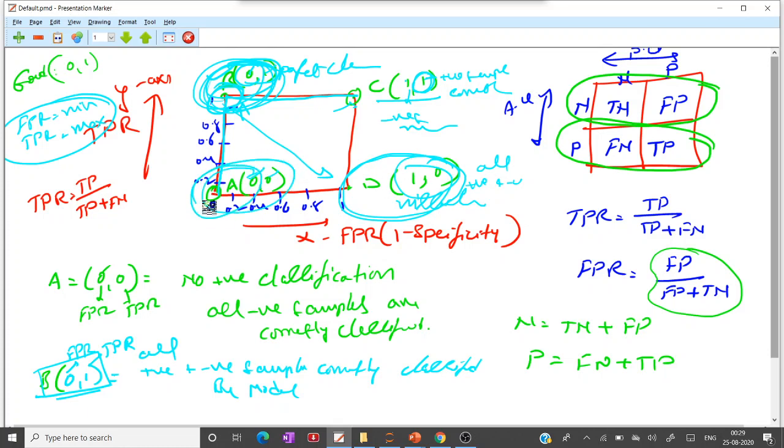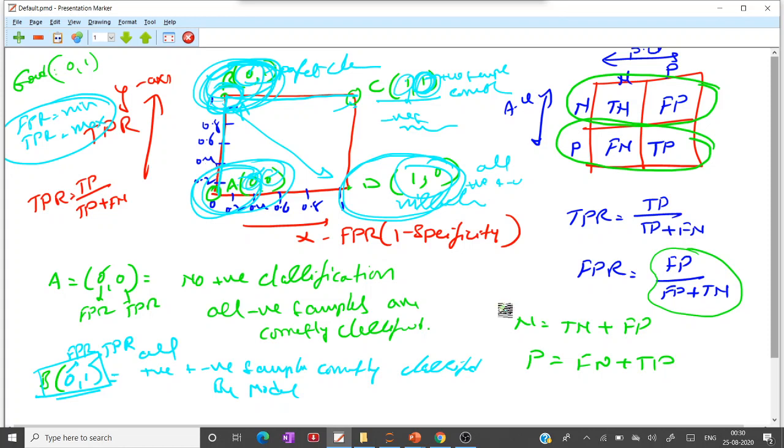Point A represents that all negative samples are correctly classified. At point C, all positive samples are correctly classified and negative samples are misclassified. So that is the main difference among the four different points.